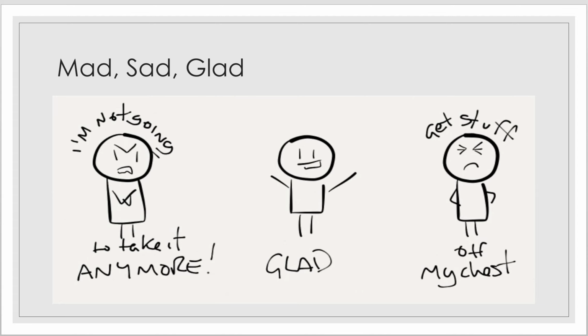And what are the things that they just want to get off their chest? So we say that Mad is someone who can't take it anymore, and Sad is to get stuff